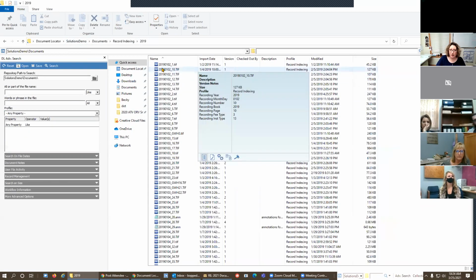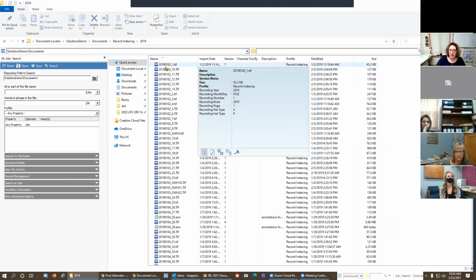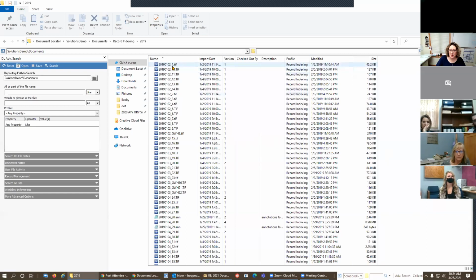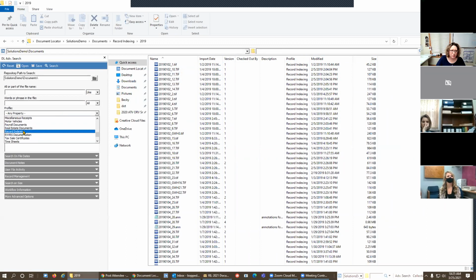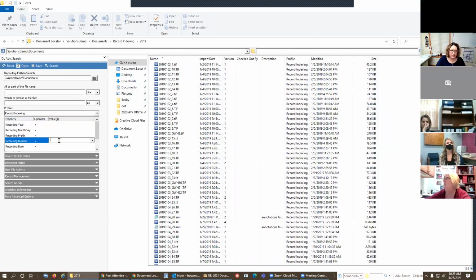Their documents are labeled recording year, recording month, day, and then a document number. So if they put in a document number, say of 9, they're going to get a lot of hits, a lot of results. So it's not practical for them to put in just a document number up there. So they use this a little bit more than most offices, because they will go down and do record indexing, and they will say, I want to do a book